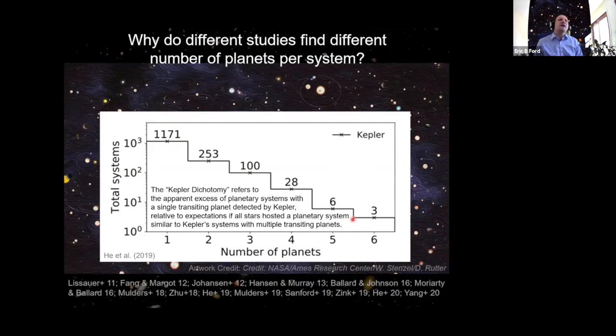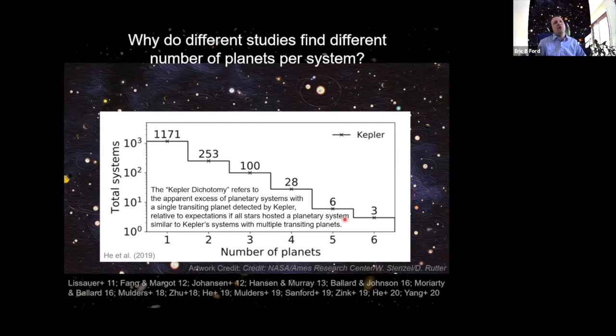And conversely, you can't just try to explain the number of high multiplicity systems by making 100 planet systems or something, because the stability prevents the very high multiplicity scenarios that you would need to explain this with 20, 40 planets or something per system.